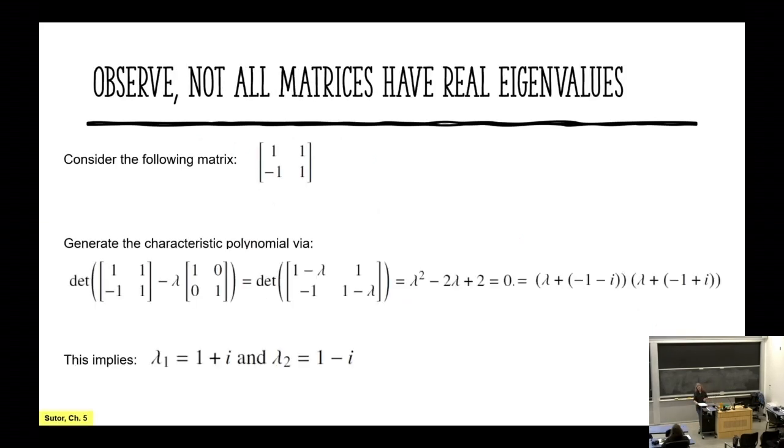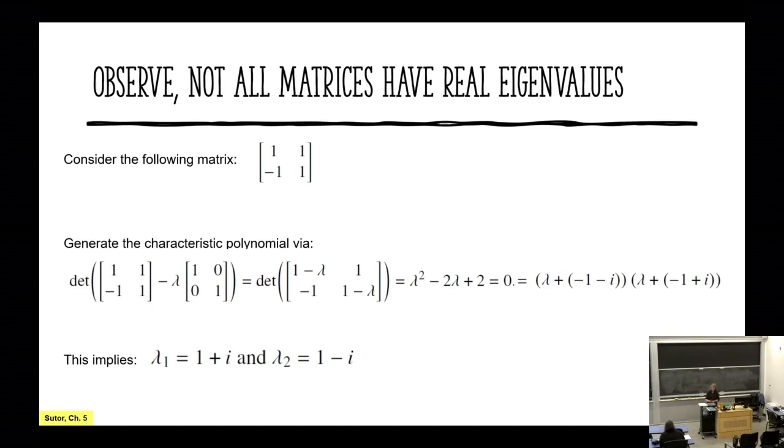Okay, what if our eigenvalues aren't real? So we can look at this kind of final example here. It's a really simple little 2x2 matrix, 1, 1, minus 1, 1. And so we can generate the characteristic polynomial. I'm not going to write it all out because I already wrote it on my slide. So it's the determinant of the matrix 1, 1, minus 1, 1, minus lambda times the identity matrix. So that determinant equals lambda squared minus 2 lambda plus 2. So I can factor that out, and I get that